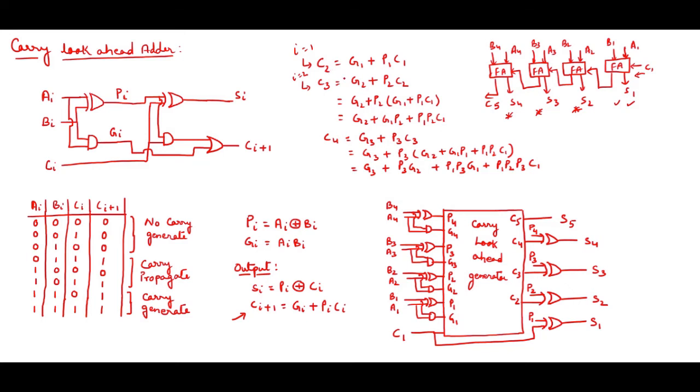From C2, okay. So it is very much clear that when one of the carries is generated, it will directly propagate to all other full adders, and the time delay will be reduced, okay. So accordingly, I have designed this IC over here by this equation. By this time, you know how to design a circuit with the help of an equation, okay. If you don't know, you can refer to my earlier videos, okay.